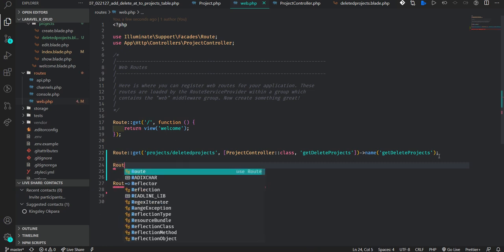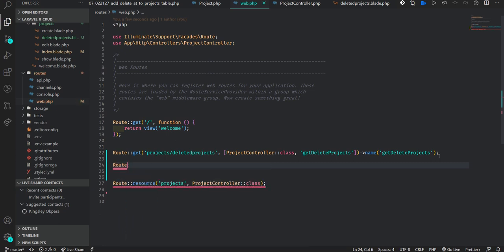For Laravel 7, to get the route, you do something like this. Let's call it restore, we call project slash deleted, let's say deleted projects, because here we want to restore those deleted projects.